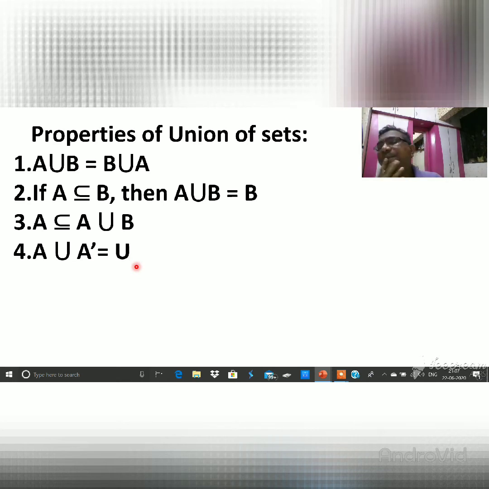Suppose, for understanding purposes, I give you a simple example. Suppose your class is 9th A. In the 9th A class, I make set A: those students who are very good in maths. I keep those students outside, and I ask you to write the complement of that. So set A students are very good in math, and the complement is the students who remain, who are poor in maths. So the very good math students are kept aside, and the remaining students are the complement because their maths is not good.